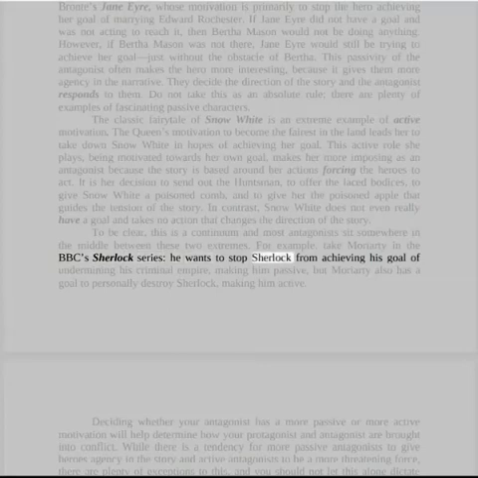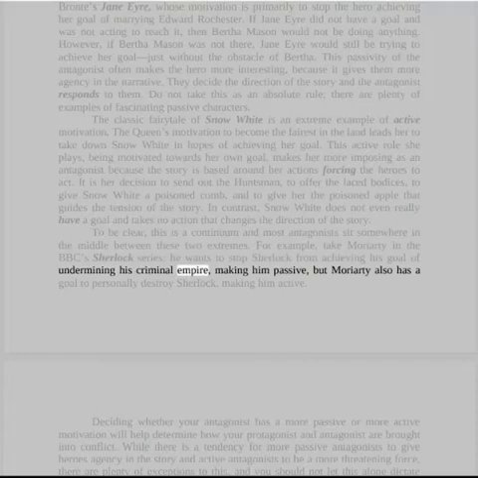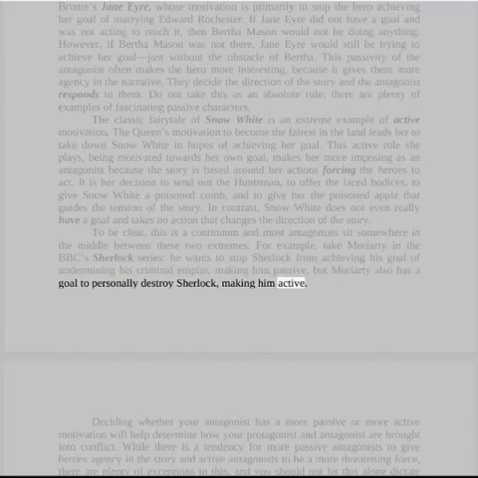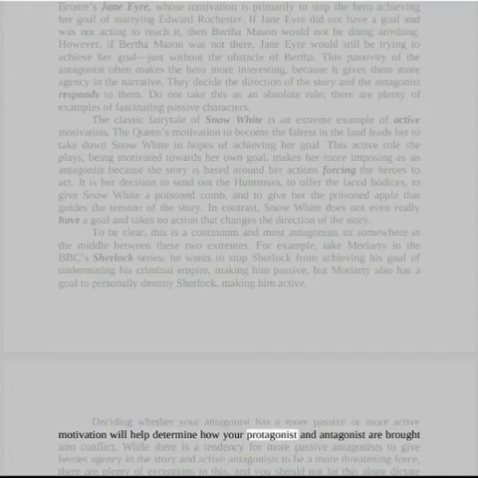He wants to stop Sherlock from achieving his goal of undermining his criminal empire, making him passive, but Moriarty also has a goal to personally destroy Sherlock, making him active. Deciding whether your antagonist has a more passive or more active motivation will help determine how your protagonist and antagonist